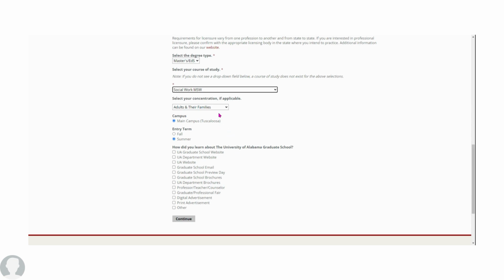We also offer 2 concentrations. So we offer the adults and their families as a concentration and then children and adolescents and their families. Please make sure that you select at least one of these options. You have the opportunity to change your concentration if you would like to up until a certain point prior to entering into the program. But please make sure that you choose an option, even if you end up changing it, because if you leave this portion of the application blank, this will not get pushed through to the MSW committee